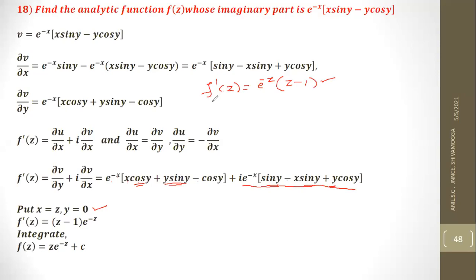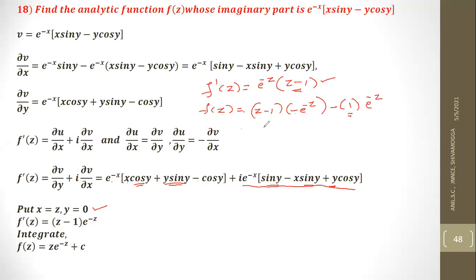Now integrate both sides. Integral of f dash z is f of z. Use Bernoulli's rule here. Z minus 1 is the first function, keep it as it is. Z minus 1 into integral of second function e power minus z, which is minus e power minus z. Use alternate positive and negative signs. First term is positive, therefore next sign will be negative. Derivative of z minus 1 with respect to z is 1. Integral of minus e power minus z is e power minus z. This 1 is constant, therefore further expansion is not needed because its derivative in the next term will be 0. So stop here and simplify.